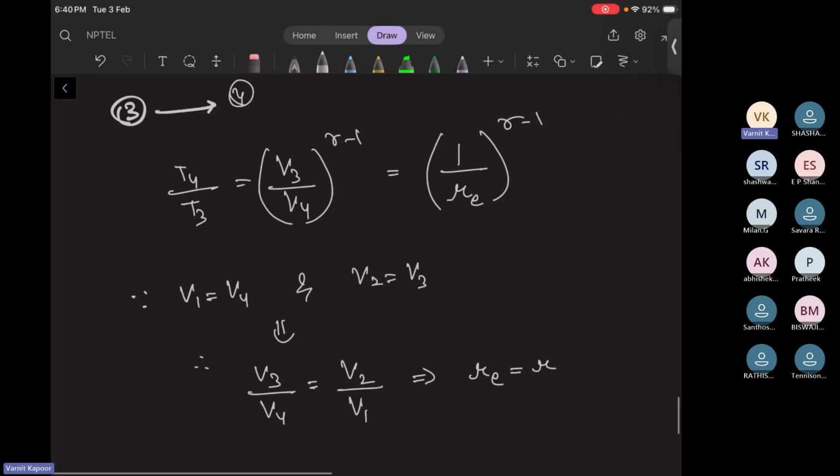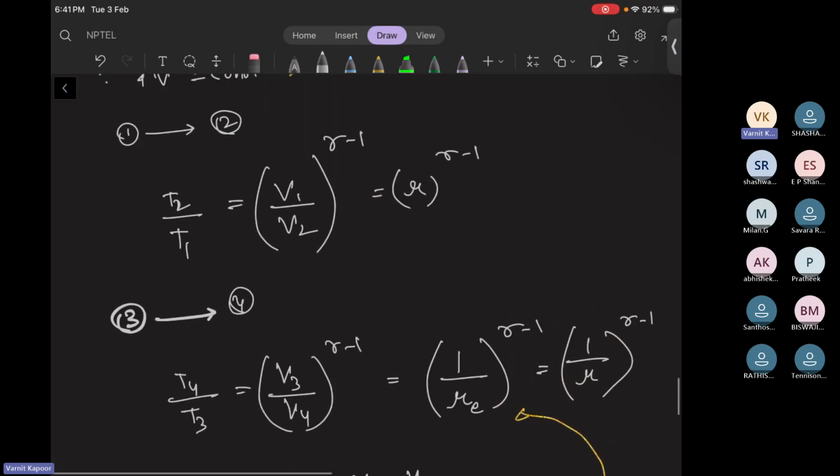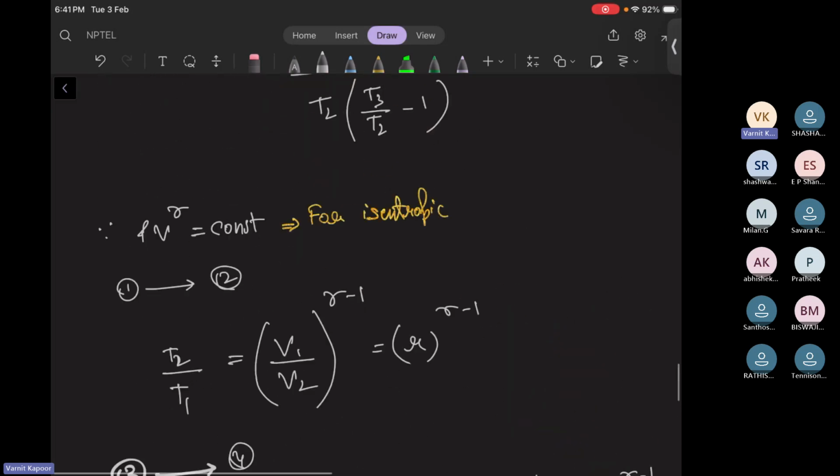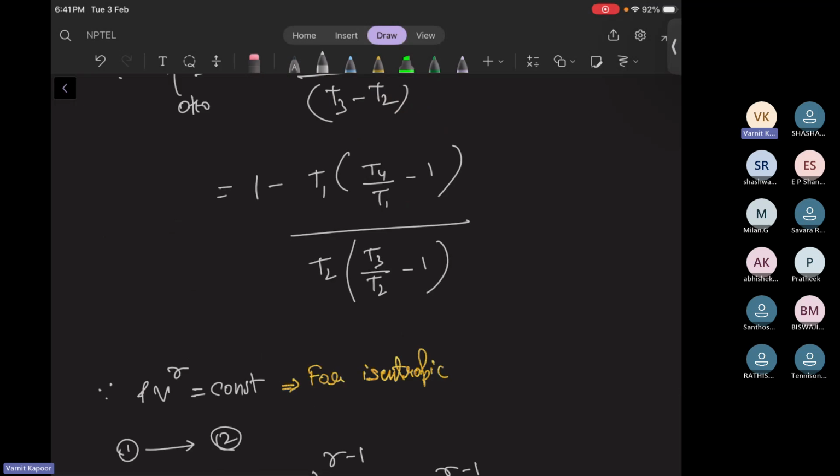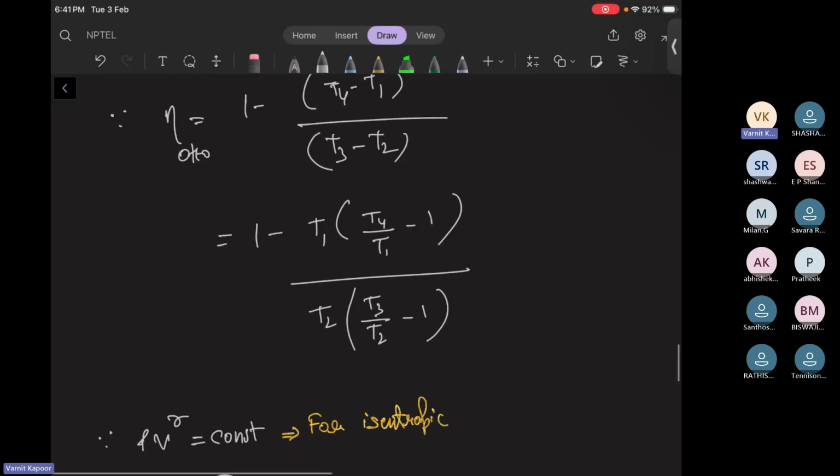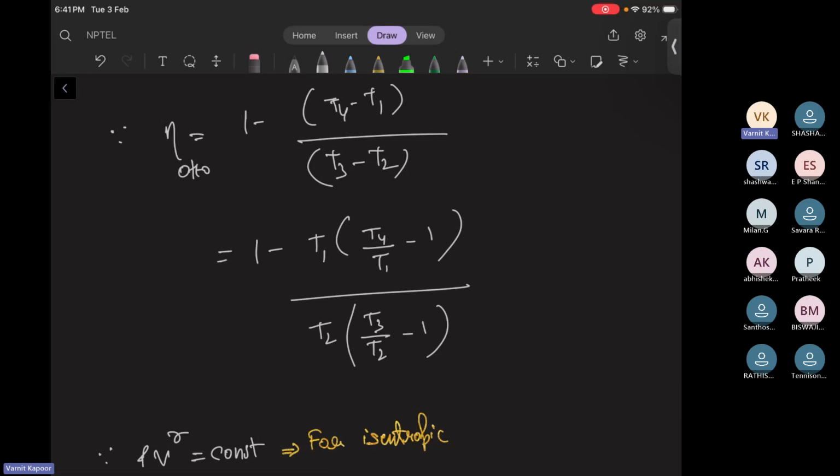So we can directly write it as 1 by R to the power of gamma minus 1. Now we have the ratios T2 by T1 and T4 by T3. Now we can put these ratios here, T4 by T1, T1 by T2, T3 by T2. We can use all these ratios here. So we know that T4, T1, T3, T2, this bracketed value can be